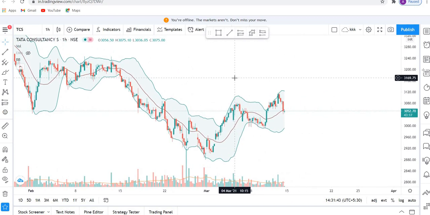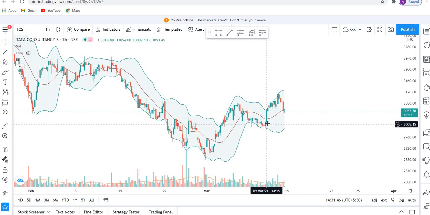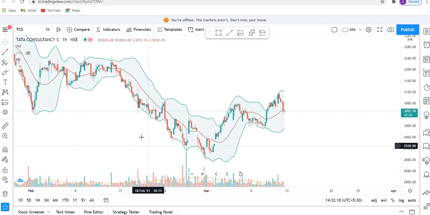In any particular share, look at the current market prices of TCS, accumulating near the upper band and now moving again to the lower band. So this indicator really works in real life also. This is not a momentum oscillator, this is a technical indicator which has been working in the market for a very long time. Now on this platform, TradingView, we have a strategy tester also, on which you can test the strategy and check whether it is working in reality or not. You can go and check this.